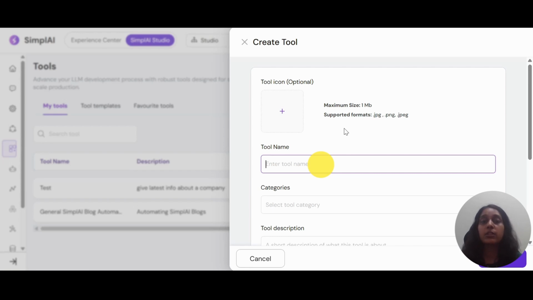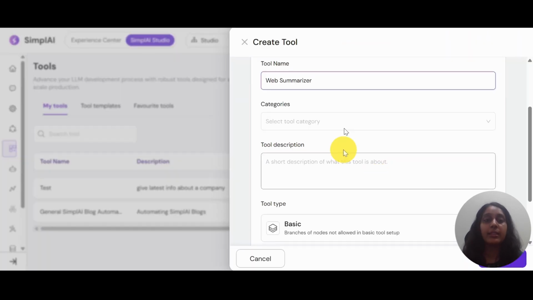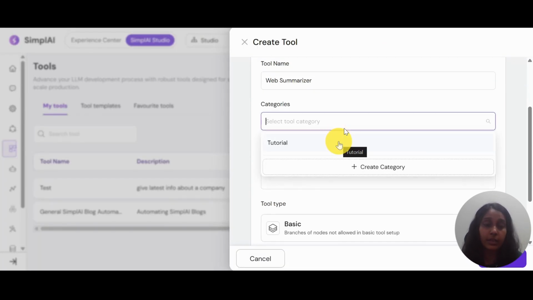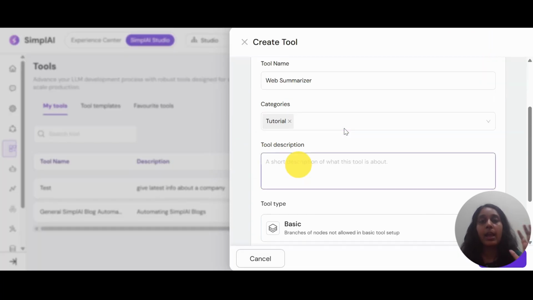So first of all, we're going to give it a tool name. Let's give it web summarizer. And then we can choose a category. You can choose any category of your own. After creating a category, we'll put this under tutorials. And let's give a short description of what this tool is about. So I'm going to write fetches the content of a URL and generates a